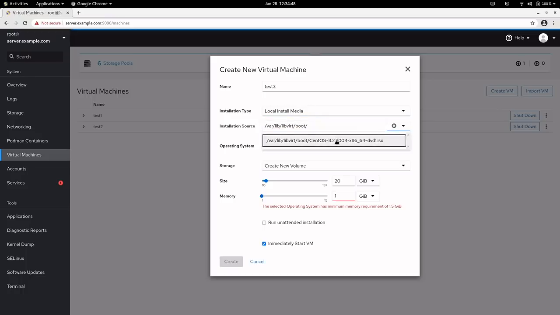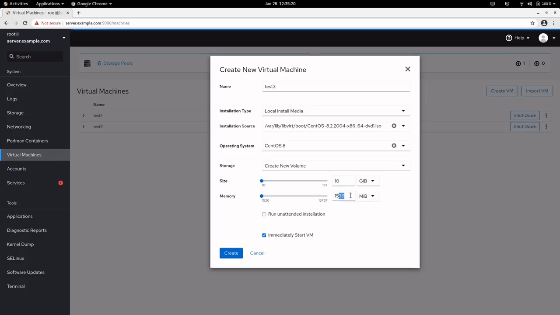libvirt boot, the DVD needs to be selected, and then 1.5 GB is minimum requirement, so let's select that 1.5 GB directly by typing that. Let me select 1500 MB here, and that's good enough. 10 GB is space.